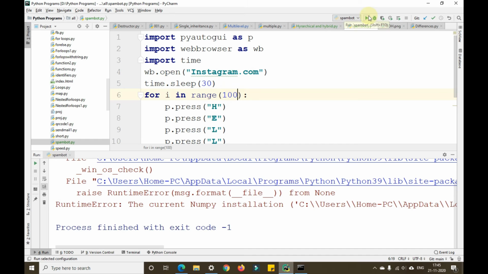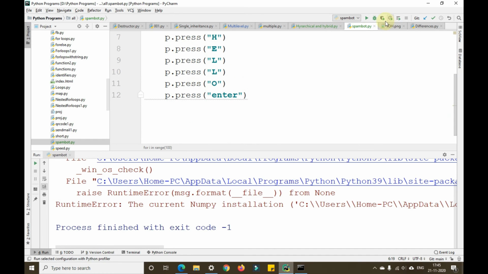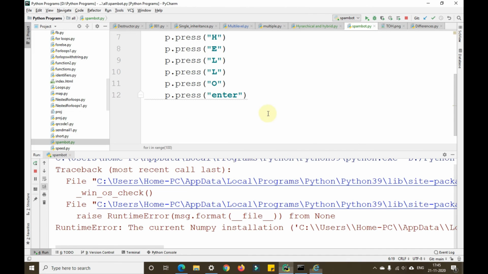So instead of opening anything, if I just open something and I don't want to do anything there, I'll just keep the cursor here and leave. It will automatically start spamming there as well. Since we have given 30 seconds there, we need to wait, guys.